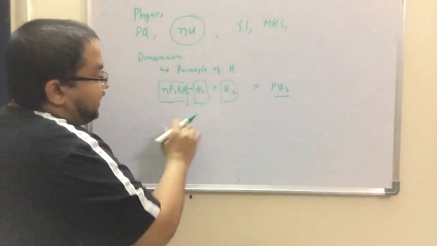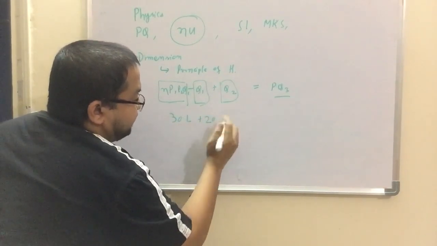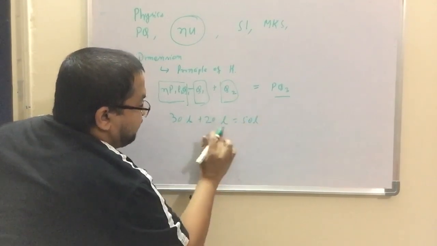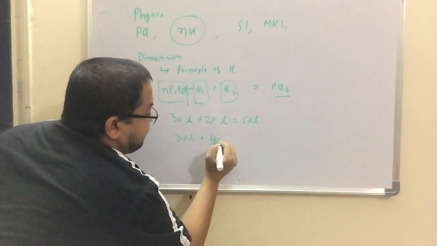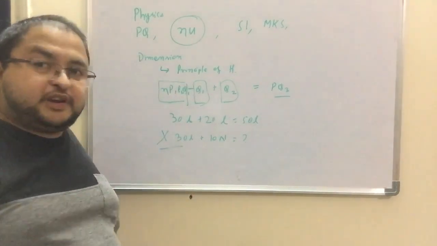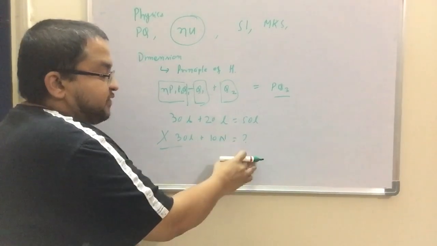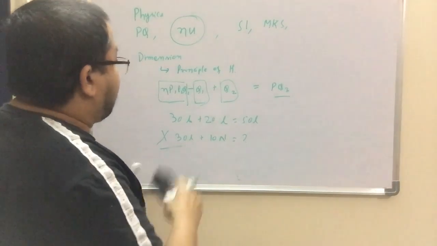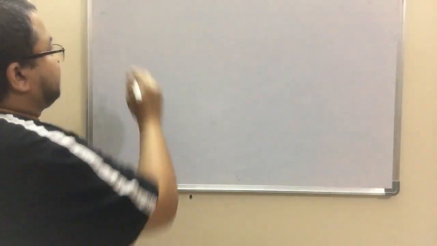Or we have also seen that, that's why we can say 30 liter plus 20 liter equals 50 liter, but we cannot say 30 liter plus 10 Newton equals how much? This is a wrong question, right? Because this is length, this is force. They are not dimensionally the same, so they cannot be added or subtracted in an equation. So we have covered up to here, and today what we would look into would be the other use of